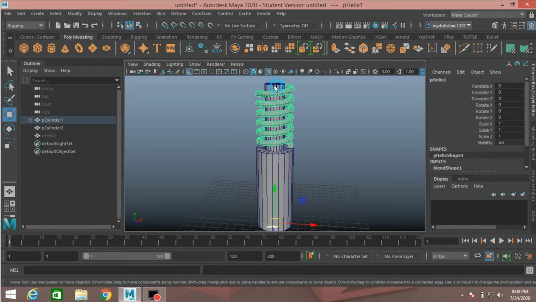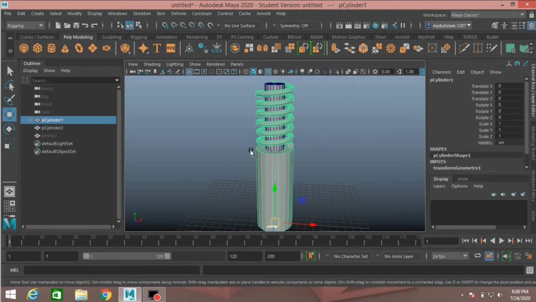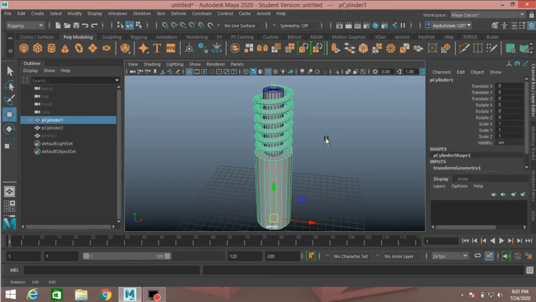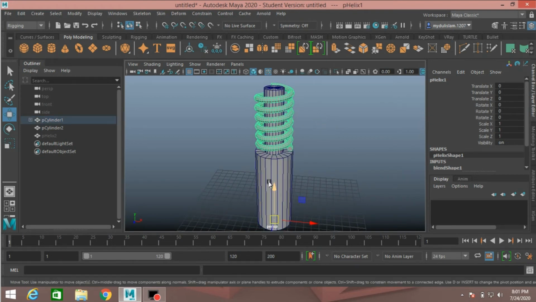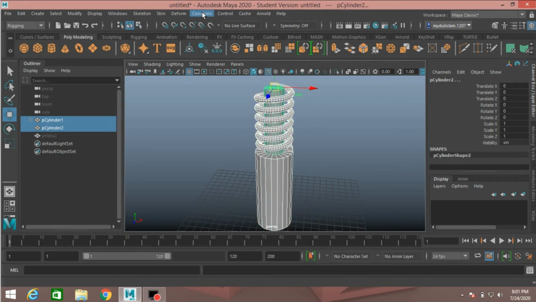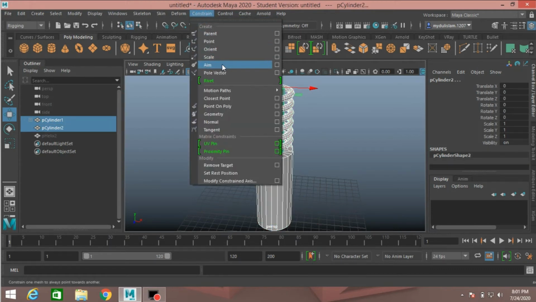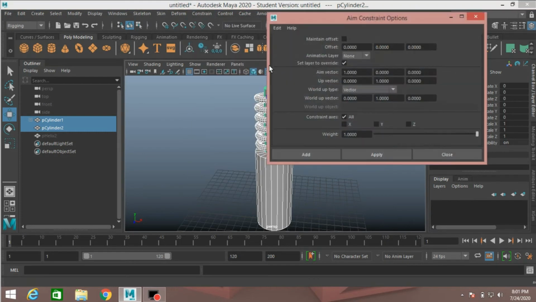Now first select the cylinder 1, shift select the cylinder 2, go to constraint, aim, open aim option, reset the setting, select maintain offset, click apply.